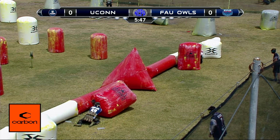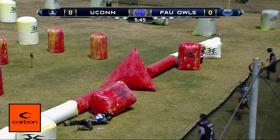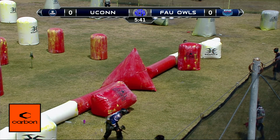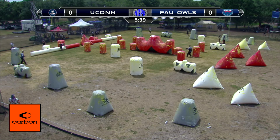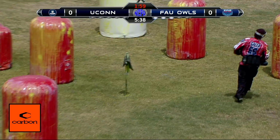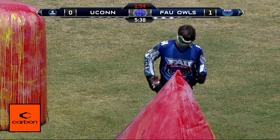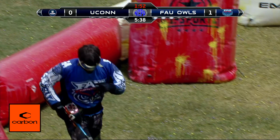FAU now making a move as we have a bunker malfunction, and he's going to be eliminated. And that is going to do it. So UConn was hanging tough. Seal Faria in here just got a bad break with the bunker falling over, but he was the last player left alive. FAU almost squandered a 5-on-3 situation,